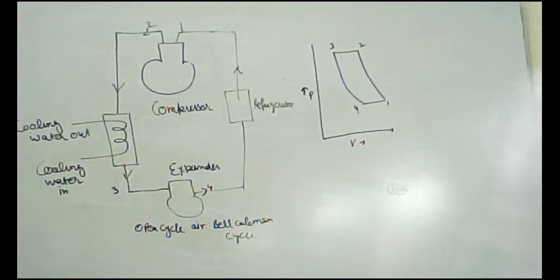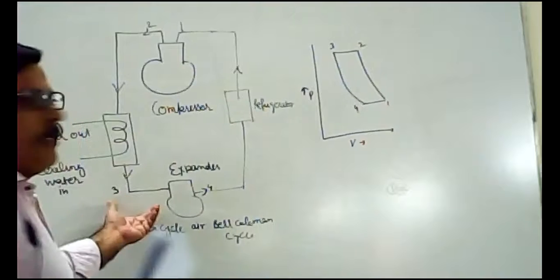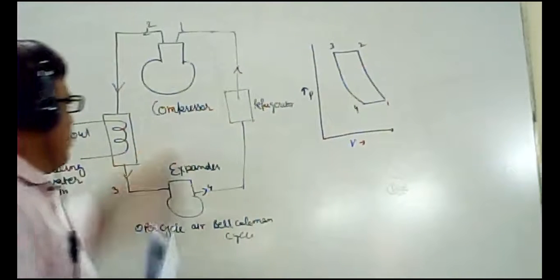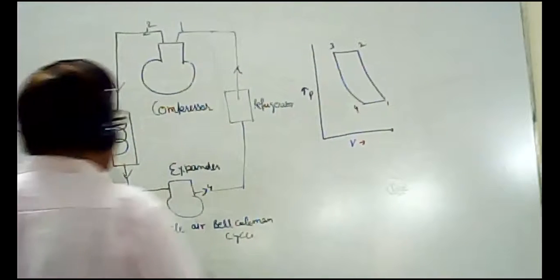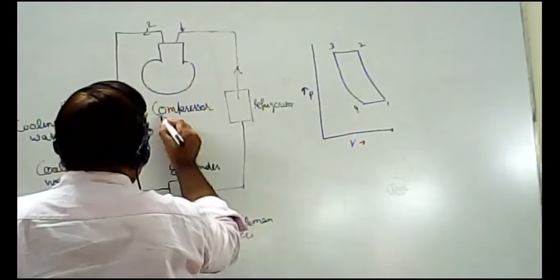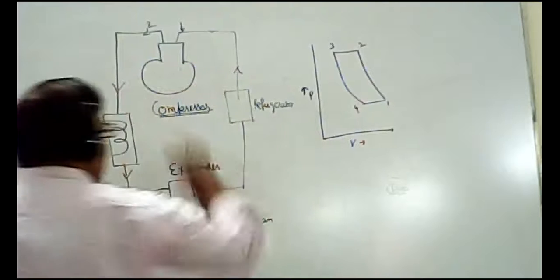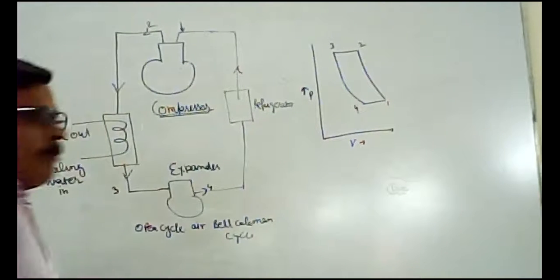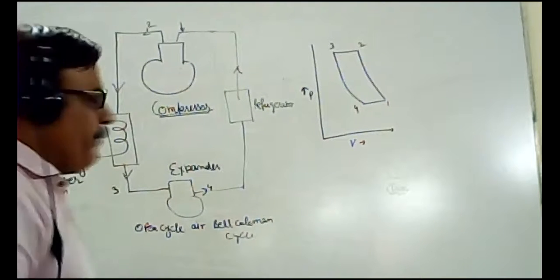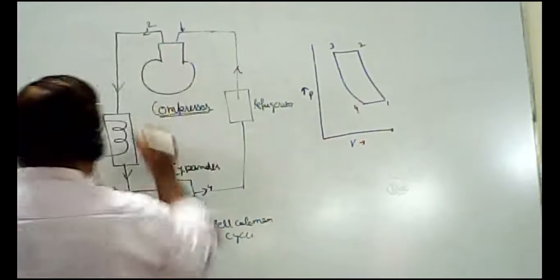So look here. How does this Bell-Coleman cycle work? First of all, look at this diagram. First, the air comes inside the compressor. This is your compressor, in which the gas is compressed. After compression, its pressure and temperature increase. After compression, it goes to the